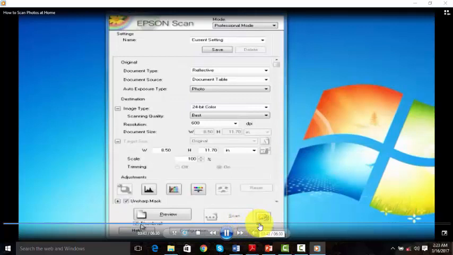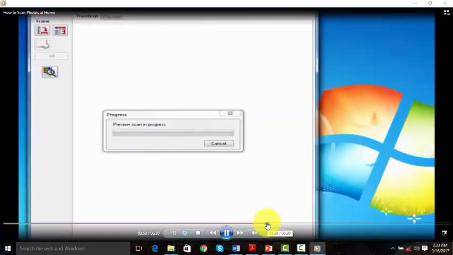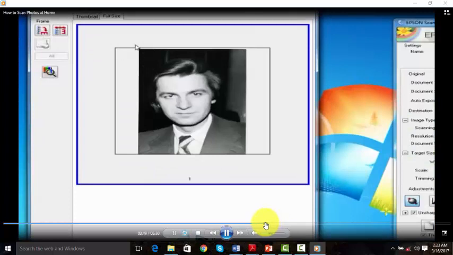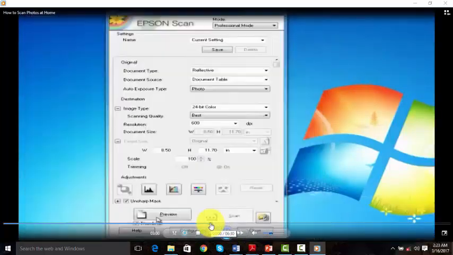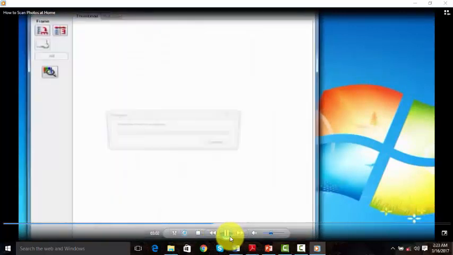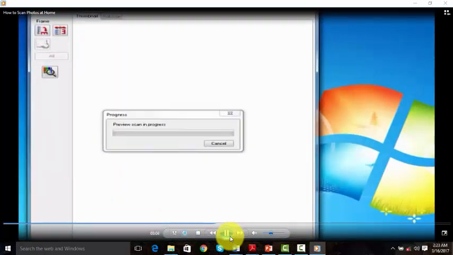I'm going to click the thumbnail and click preview. This allows us to see exactly what we have, and will still keep the very good quality scan. Okay, now we are about to see that Mike has commanded the scanner.